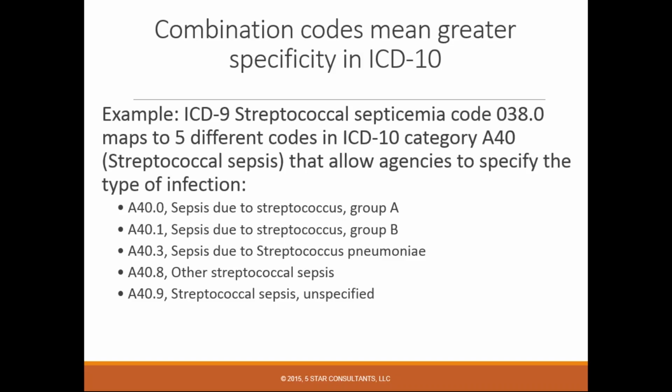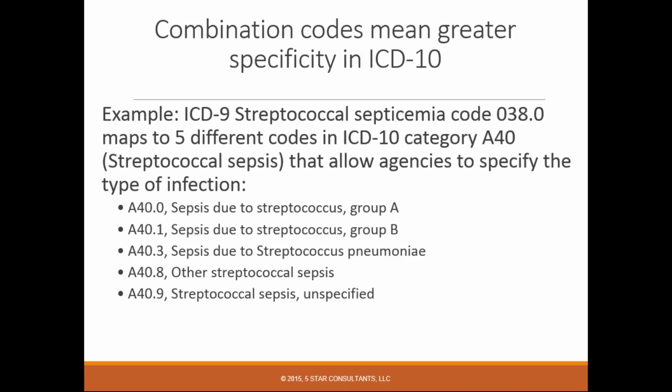One example is in ICD-9, streptococcal septicemia, which is 038.0. That maps to 5 different codes in ICD-10. It's not a one-to-one match, as you'll see continually with ICD-9 to ICD-10. There's not a one-to-one match. How could there be when we're going up so many codes, if you think of it logically? So you'll have